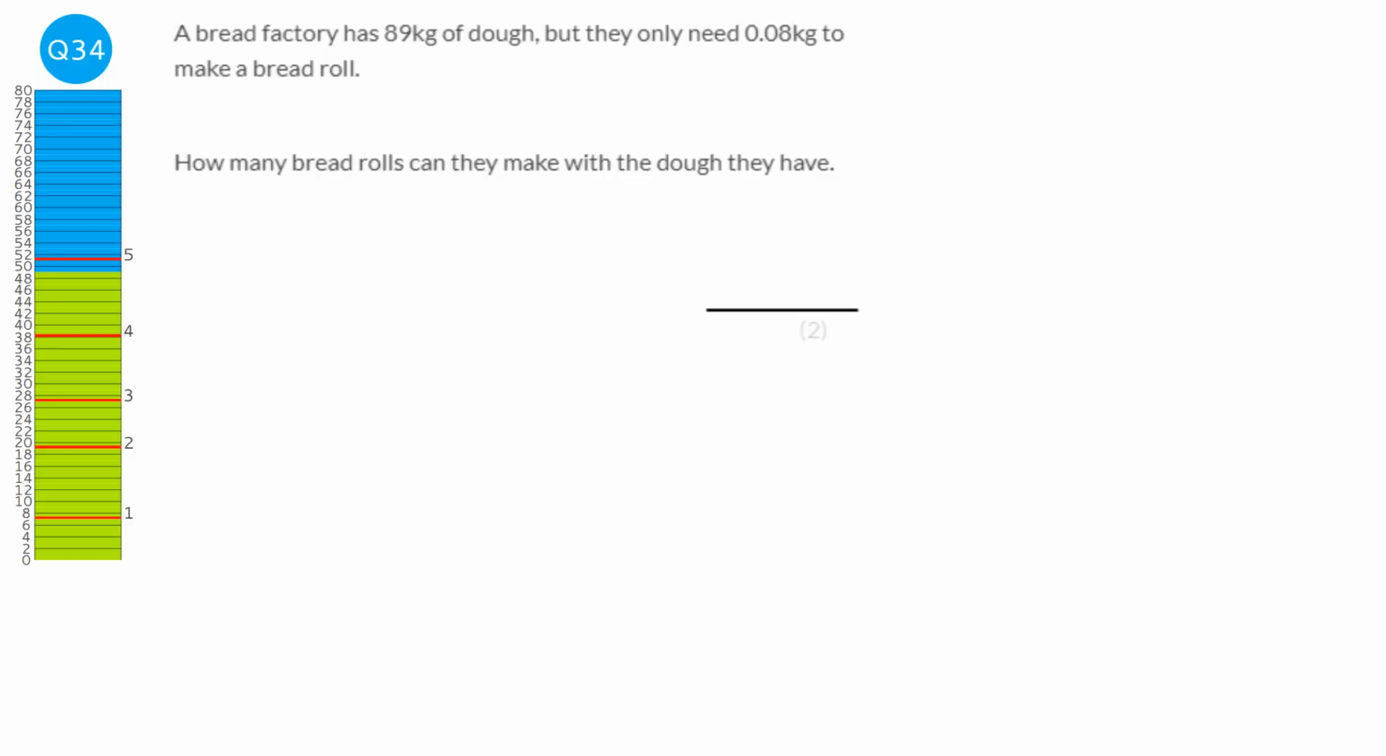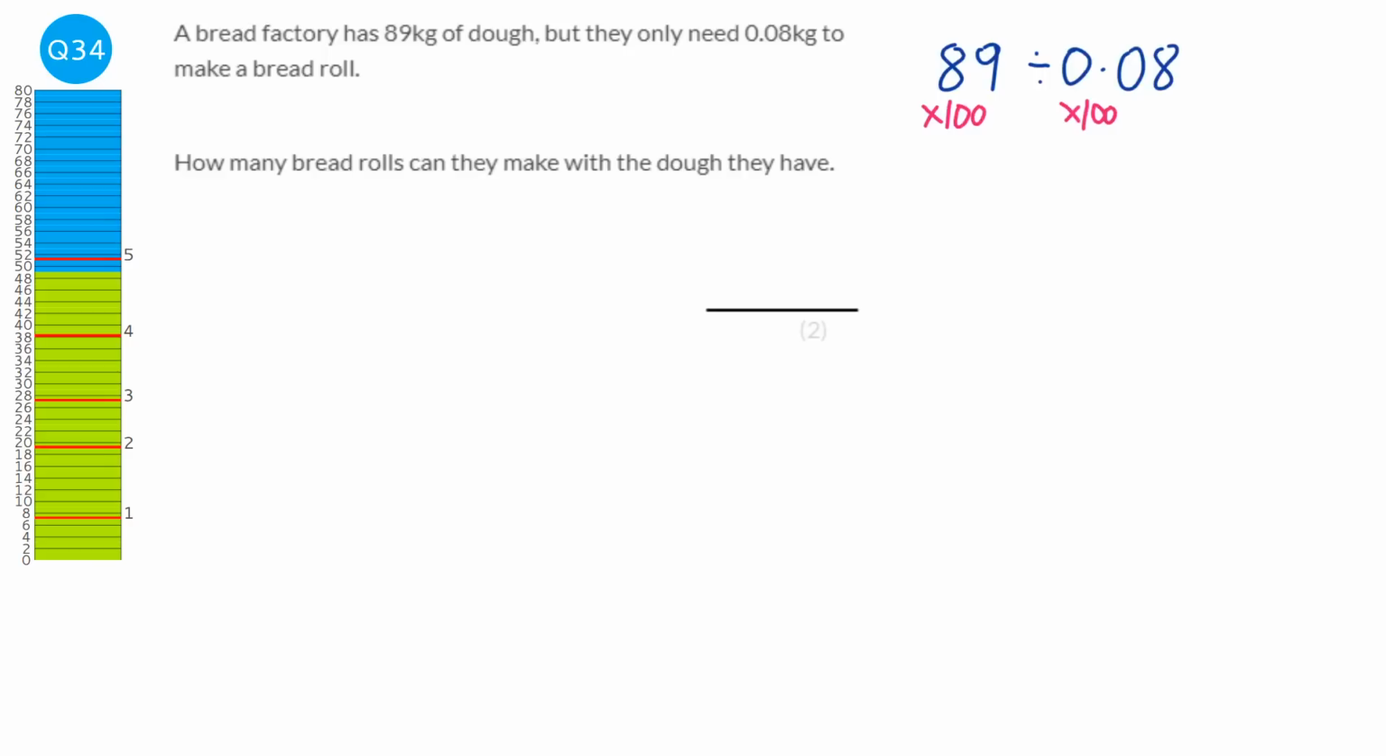So here we're asked to find how many bread rolls we can make. We've got 89 kilograms and it takes 0.08 kilograms to make a bread roll. Something we can do is convert these into grams, or we can just keep it at kilograms, but I've got a neat little trick. And the trick is, if you've got a decimal when you're dividing, as long as you do the same thing left and right, you can multiply them by 10 or 100. In this case, we're going to multiply both by 100,